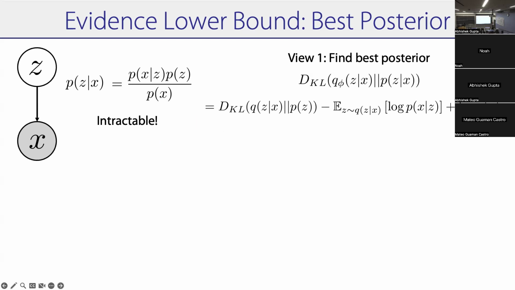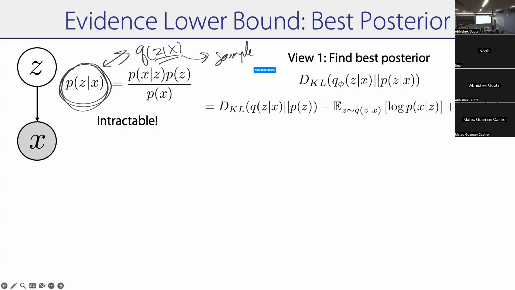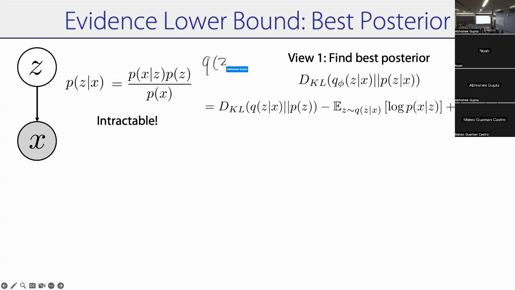And the idea behind variational inference is you have an intractable posterior, and you're going to try and approximate it with a tractable posterior. When I say tractable, it means that you know how to sample from it and you know how to compute KL divergence or likelihoods with it, right? So the two things that make something tractable are that you know how to sample from it and you know how to compute its likelihood. For instance, a simple tractable distribution is a Gaussian, right? So if Q of Z given X is represented as a Gaussian with some mean and some variance, that is a tractable distribution. And so we're going to try and approximate our posterior with some tractable Q of Z given X.